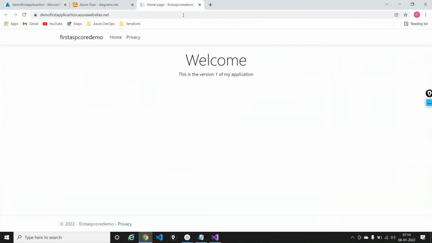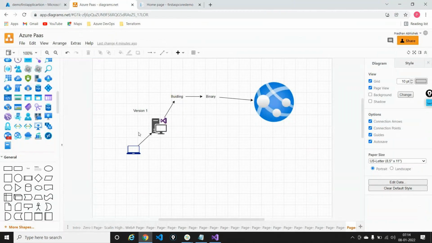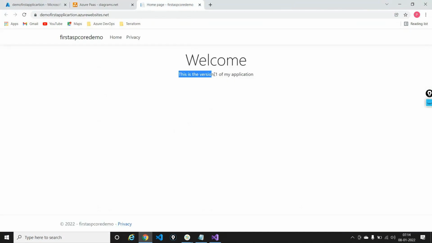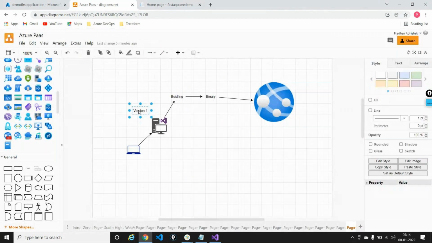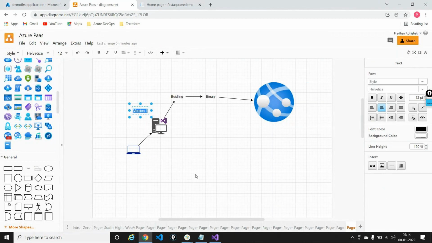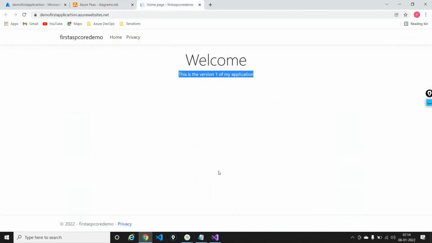But as a development team, I don't want to limit myself to just version 1 of my application. I don't want to stop myself there. I rather want to go ahead and work on the next version of my application. So as a development team, I now come down and say, okay, fine, I'll work on version 2. And I want to include features like, if people are able to do cab booking, great, they should also be able to order food.